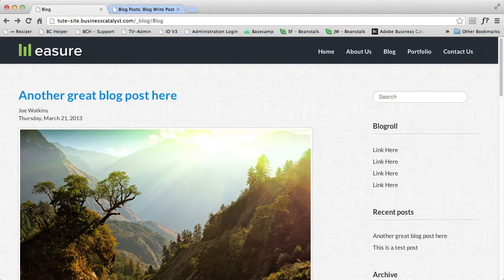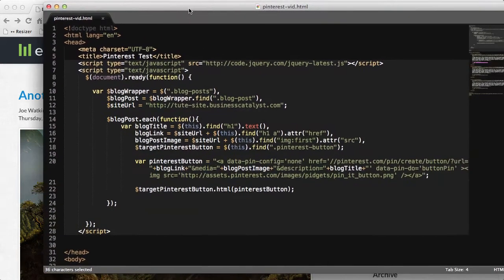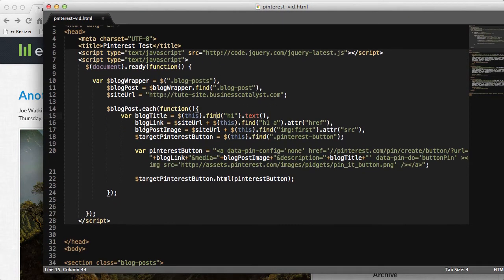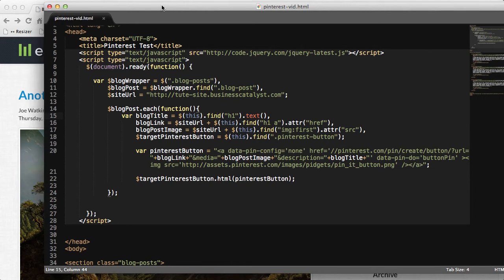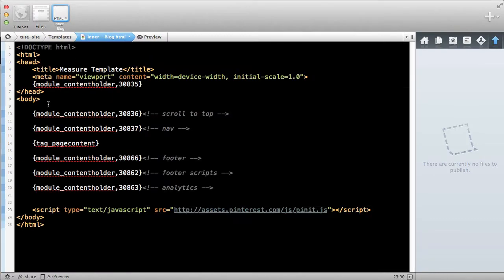So what we need to do is refer to the JavaScript here, and I'll supply you this code. Pretty much, there's one last thing we need to do. We need to define a class to the wrapper for all these guys, and that's going to be in the